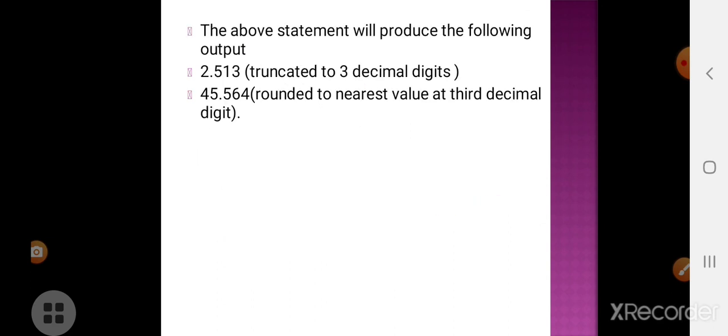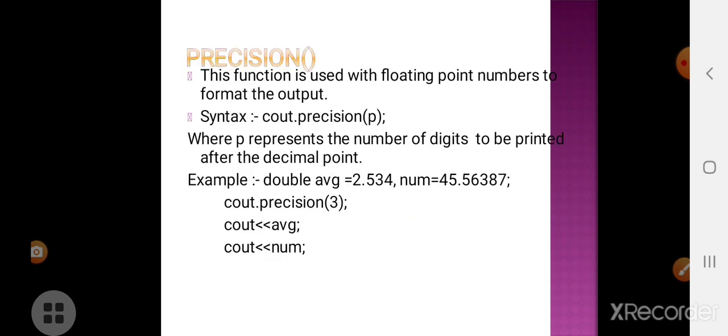So 2.534, the 3 is rounded off to 1. Okay, so this is how precision works. Precision will give how many digits after the decimal point will be displayed.